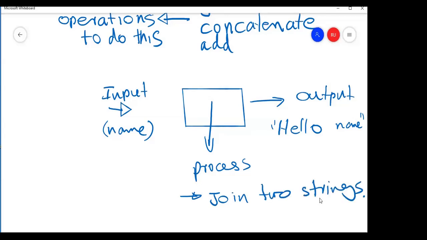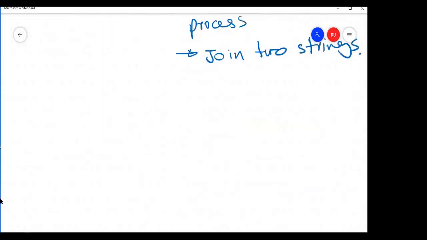So this is what we did in the third program. We will go to the next program.